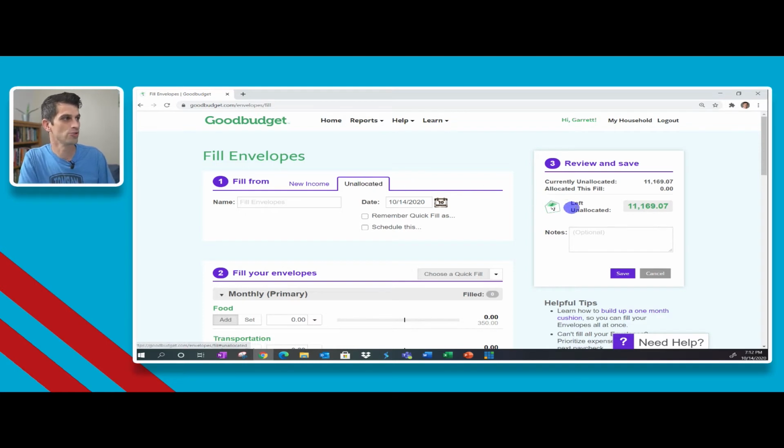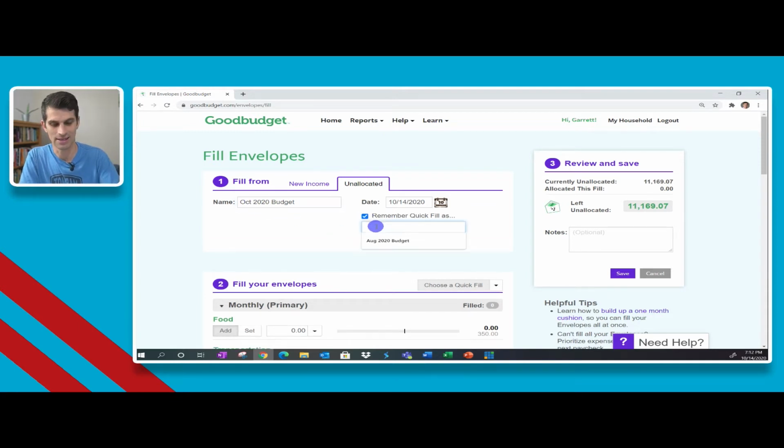The first thing to do is look over here. This is how much you have and you need to allocate into your envelopes. I like to name it, and how I name it is August 2020 budget. That's the last time we've created a budget for our family, or in this situation, you might put October 2020 budget. Remember quick fill as and name that again